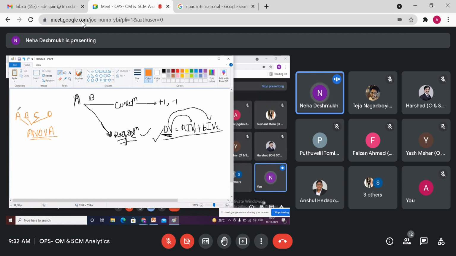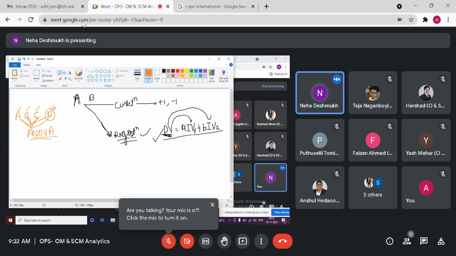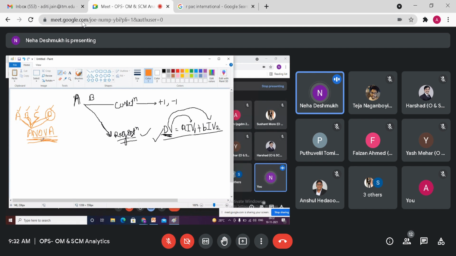Variability of the data or spread of the data. Then how much variation is available in A, B, C, and D, and how much variation is available in their interdependency, when the value of one variable changes, what will be the effect on the other variable, that can be measured by ANOVA. Class, are you with me? Yes, ma'am. So it depends on the requirement or the query whether we go for correlation, regression, or ANOVA.